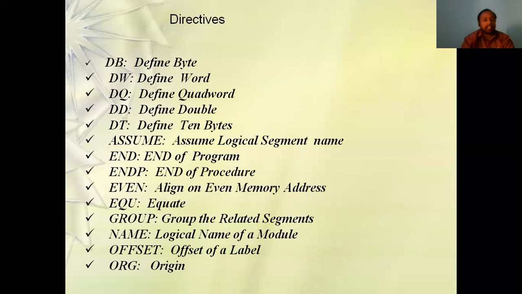Assembler directives are the directives that help us to perform and execute an assembly language program. If you want to write an assembly language program, these directives help you make a complete, good format of the program, like assume, define byte, define word, end program, right? These are the assembly directives we have.